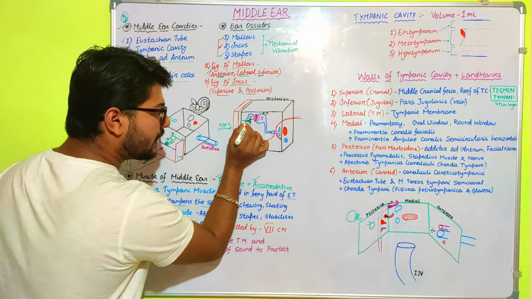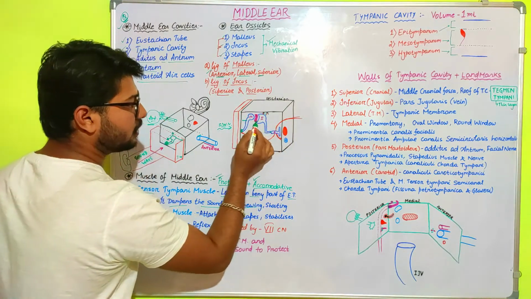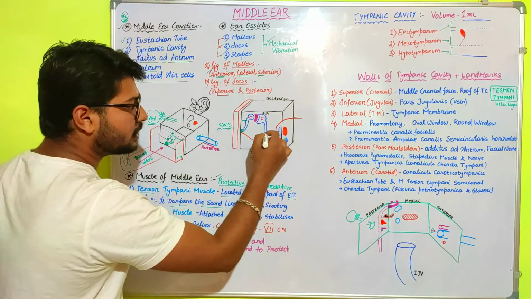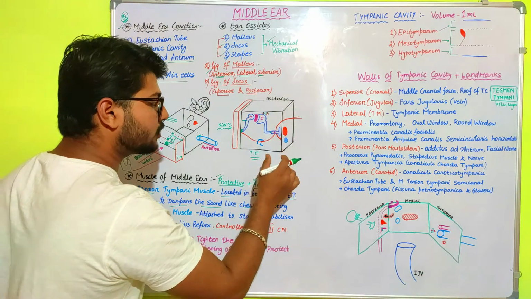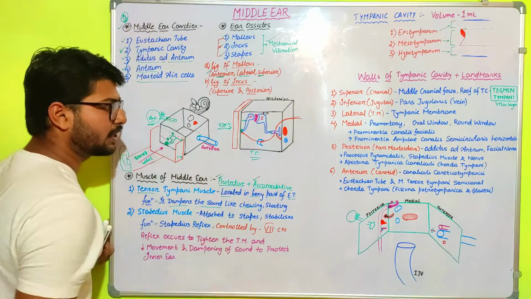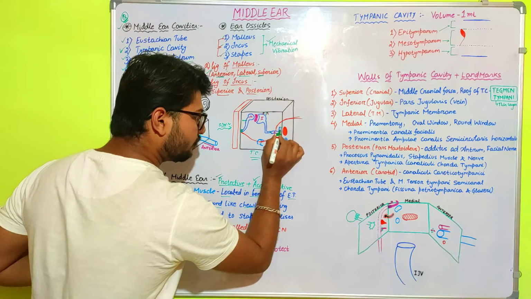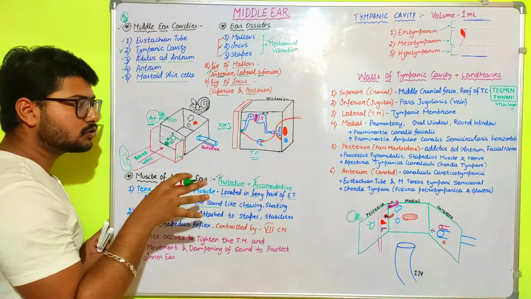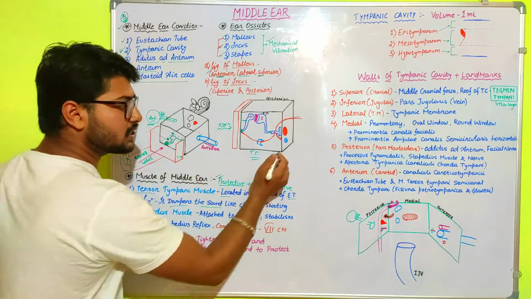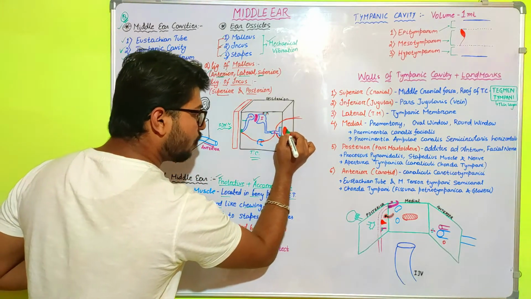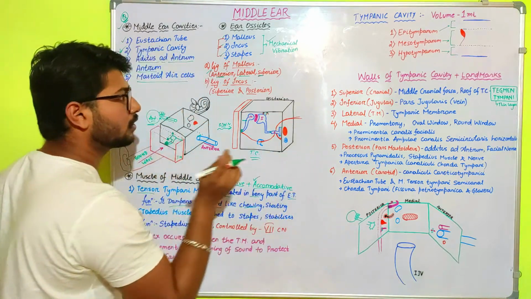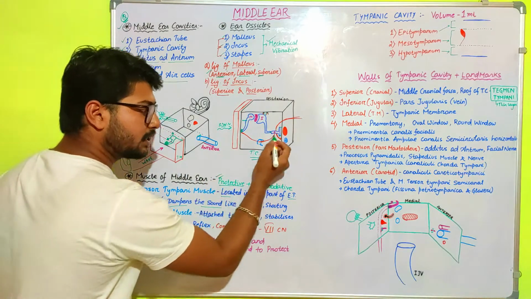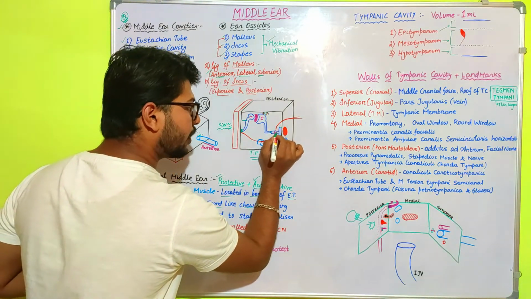vibrating. When the malleus starts vibrating, then the incus and the incudomalleolar joint start vibrating, and through the mechanical vibration process, the stapes also vibrates. The footplate of the stapes lands over the oval window. When the vibrations occur, it continuously beats over the surface of the oval window, and this oval window is connected with the cochlea. That cochlea is a part of the inner ear, and when the vibration takes place, this vibration will produce